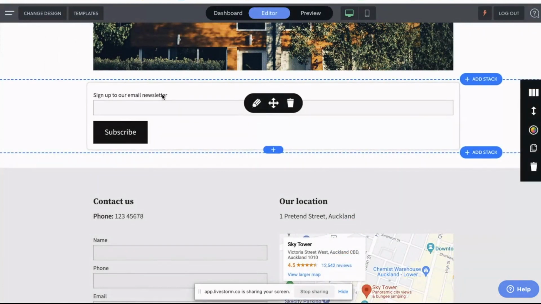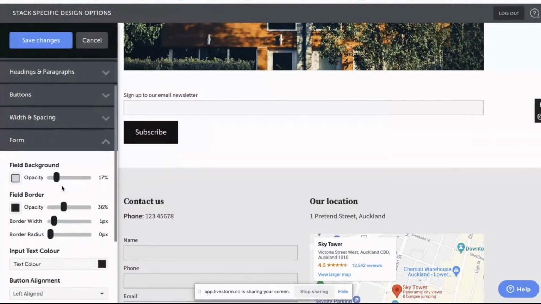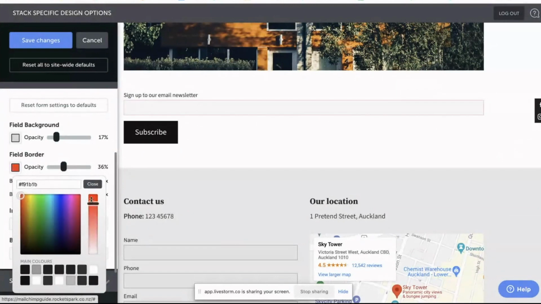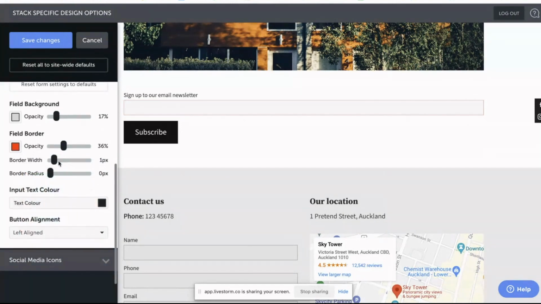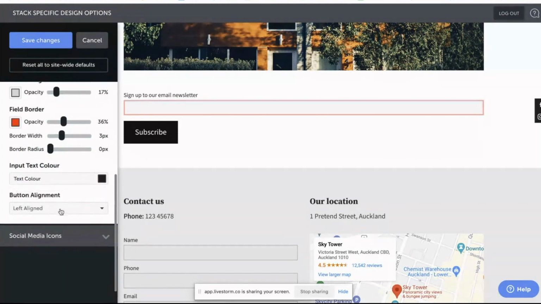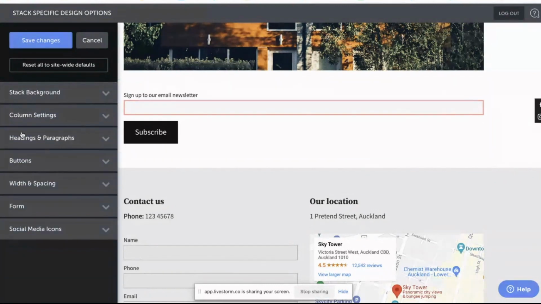Cool. The good thing about this as well is that because it is using the Rocket Spark form builder, you can edit it how you want. That's the design of it that you'd like, and we can edit the design. With the form, we can change things around. For example, you might want a nice bright red border. Go on and increase that a little bit and change the text color. If you're wanting to change the button as well, you can easily do that through your buttons.